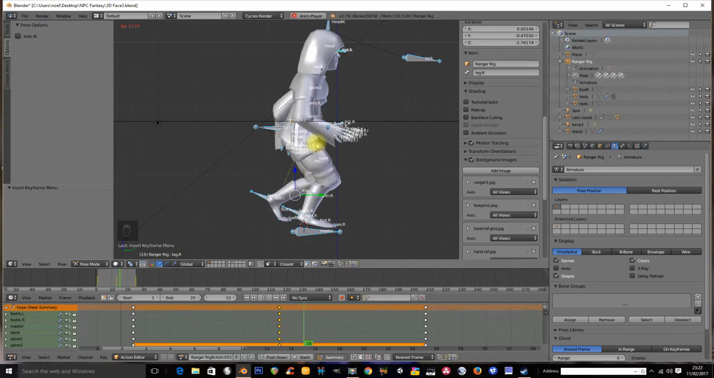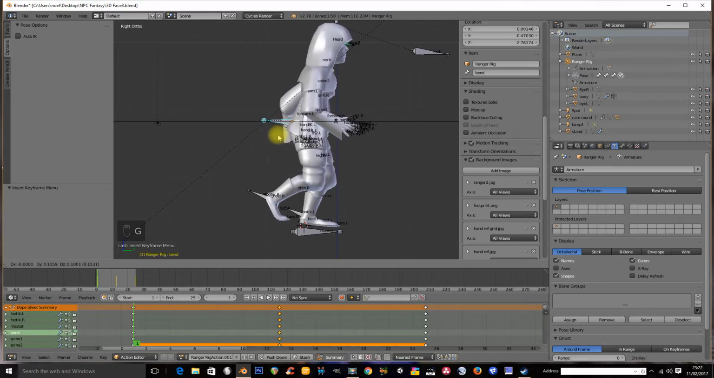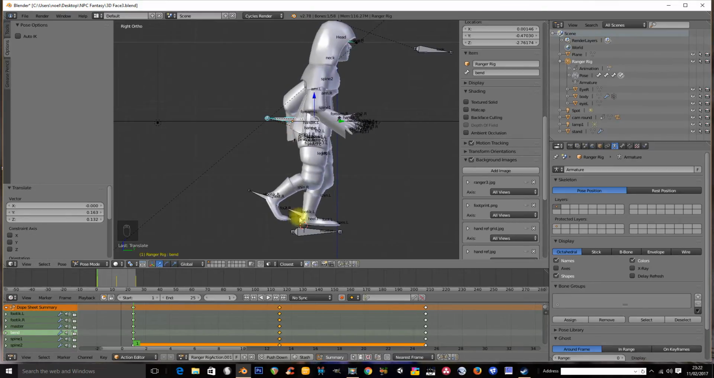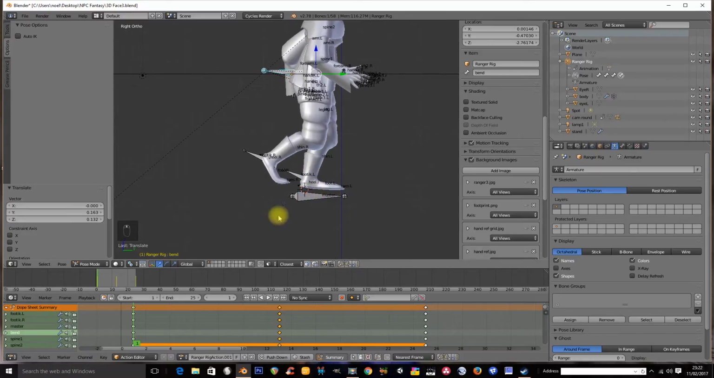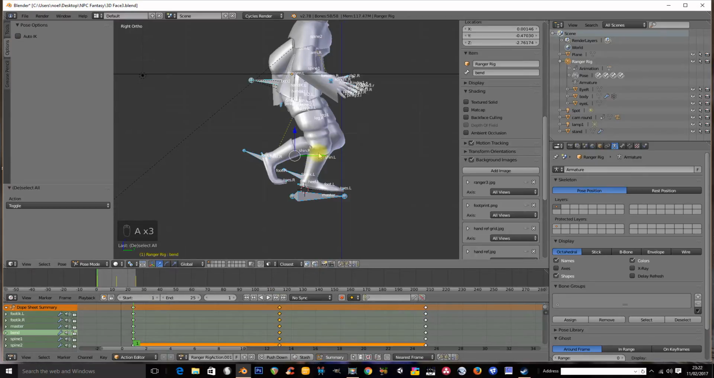Now that is awful, but no, everything is awful when you're starting. So let's go to frame 8. Now on frame 8, what we're trying to get is a scenario where this foot's still standing, so we're lifted up, we're moving forward. This foot is still, sorry, I'm not on frame 8, so I'm going to select all of these and go